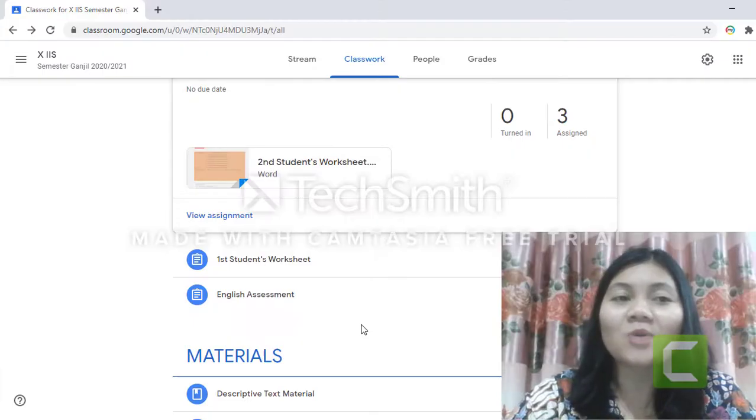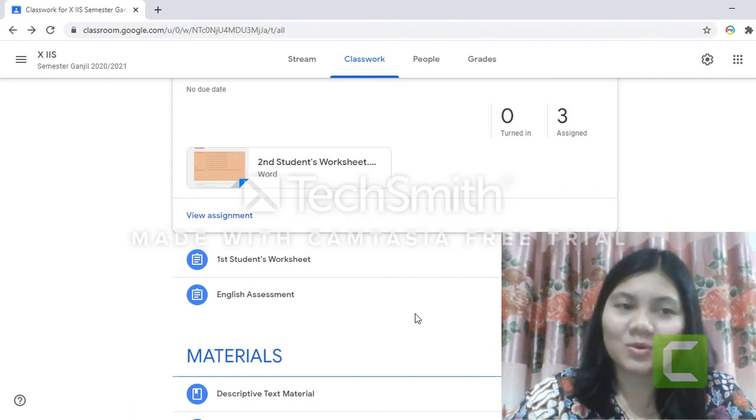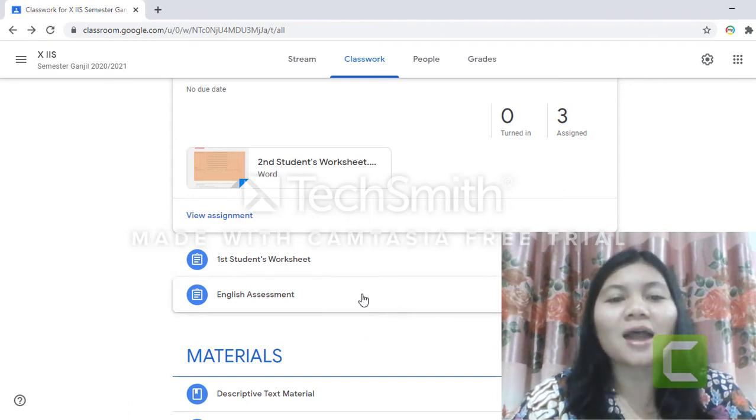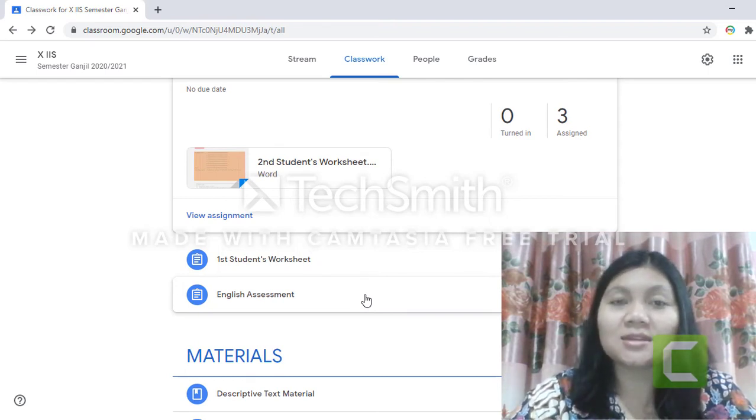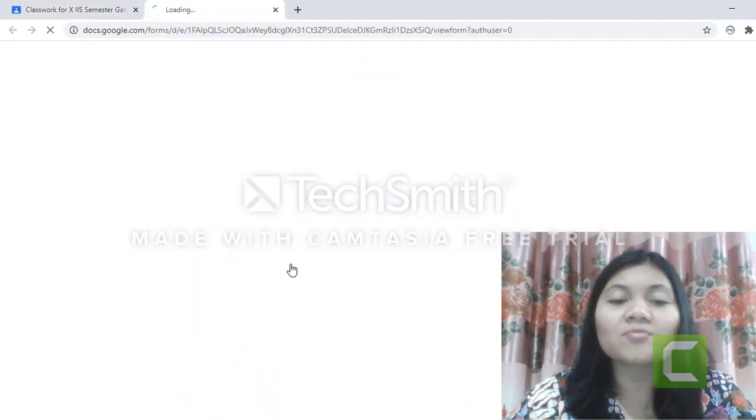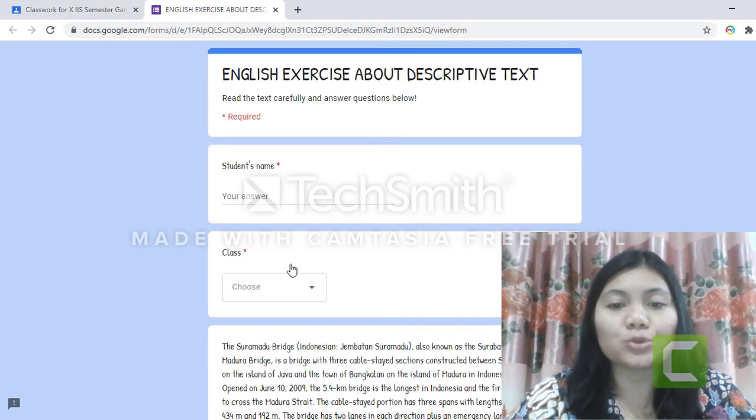Okay, let's go on to the next activity. You will have an assessment. In this assessment, there are 10 questions about the descriptive text. You can see the assessment in your Google Classroom. I will show you.